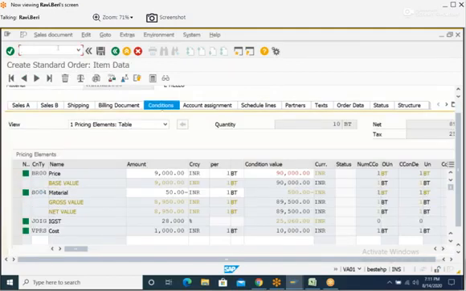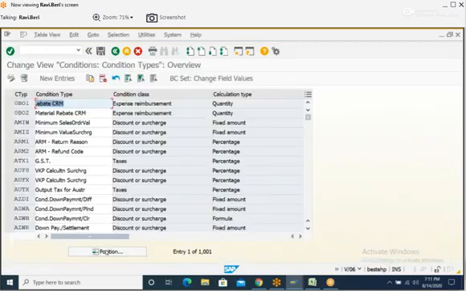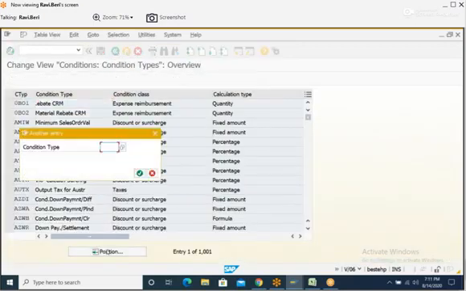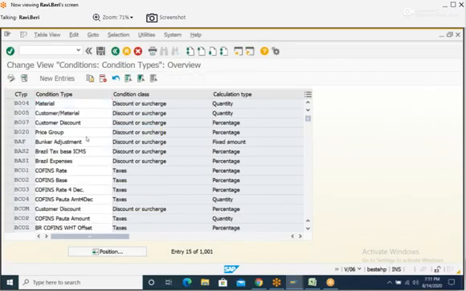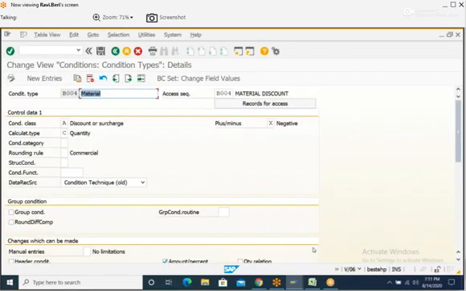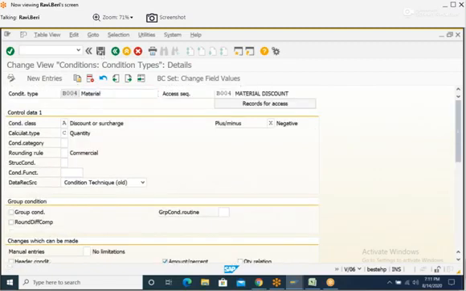So we are getting only one. That means last class we maintained exclusion. We have to remove that. It would be B004. Remove exclusion. So exclusion you have to remove. Okay, save it.